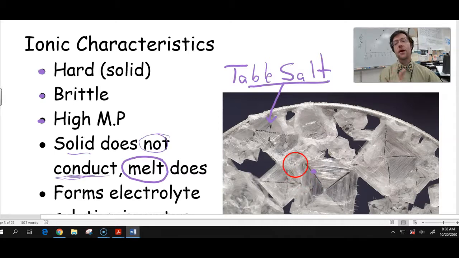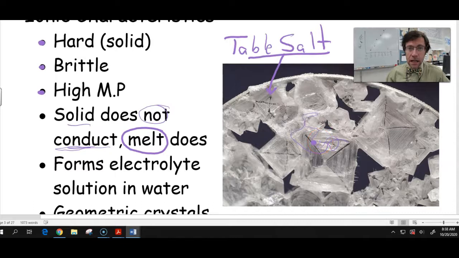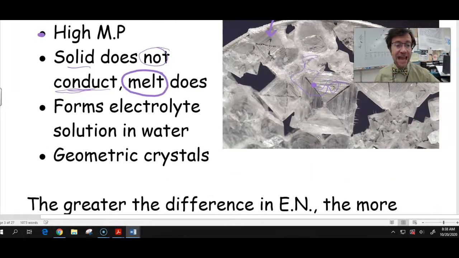Does that make sense? However, once you melt it, these ions can float all over the place and go wherever they want once it's a liquid. But when it's a solid, remember way back in chapter 1, the particles are held in place, no conducting electricity. There you go. So solid does not conduct, but the melt does. And it forms an electrolyte